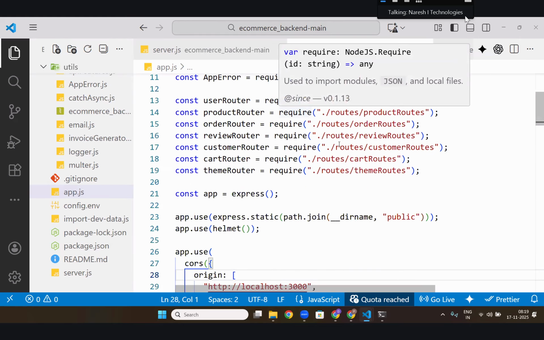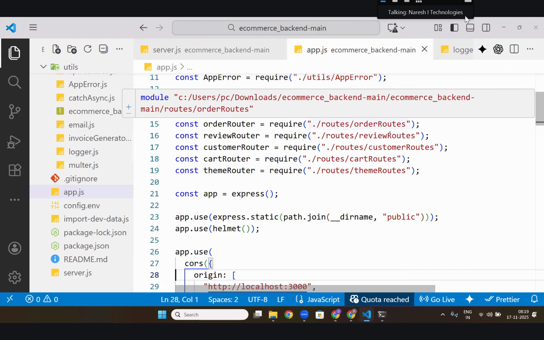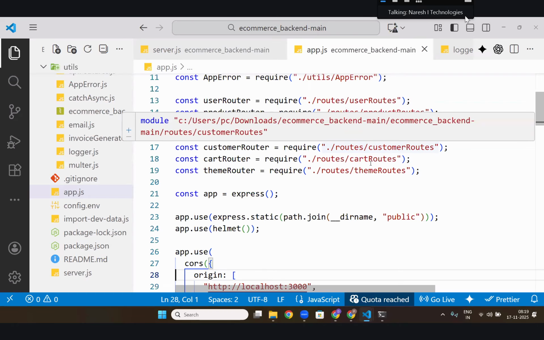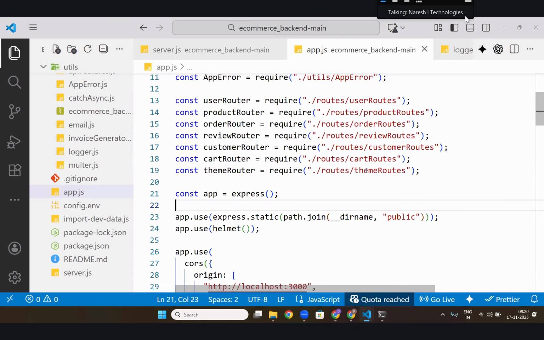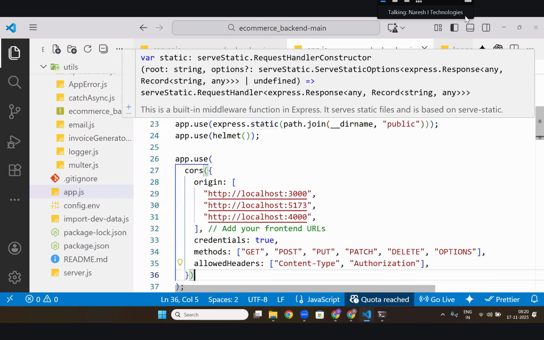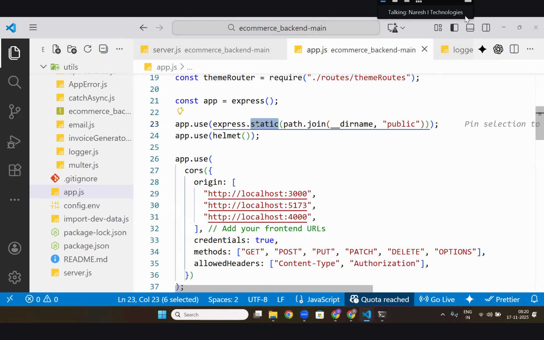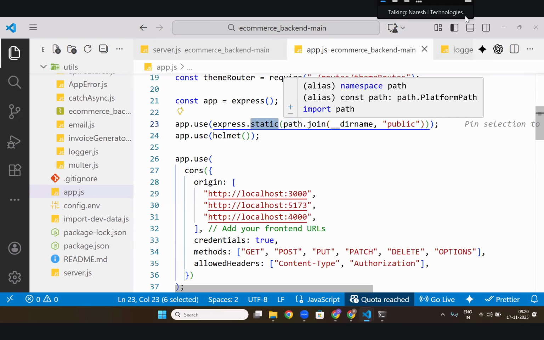User routes, product route, order route, review route, customer, cart, theme, different routes he put. Also he put middlewares, like express.static, which is used only for static files. If you want to go for static site generation, he kept a middleware.